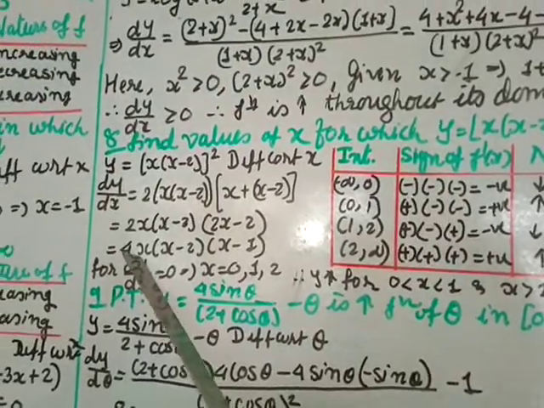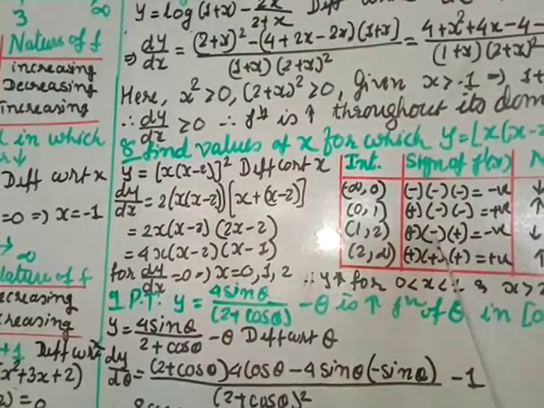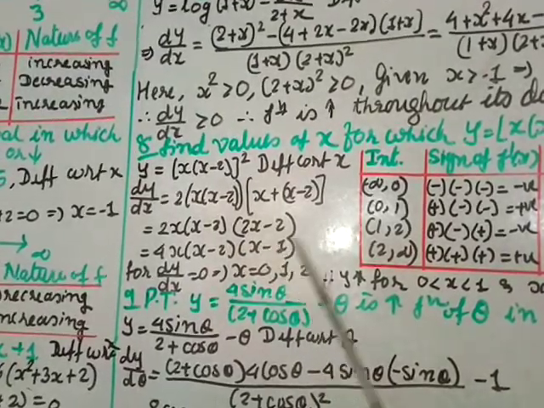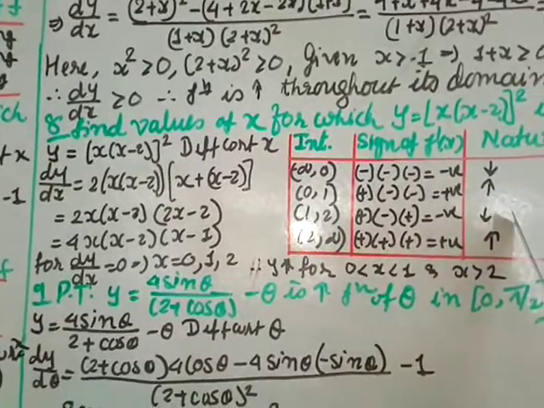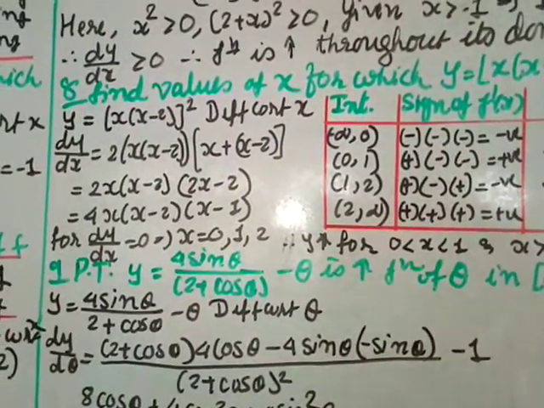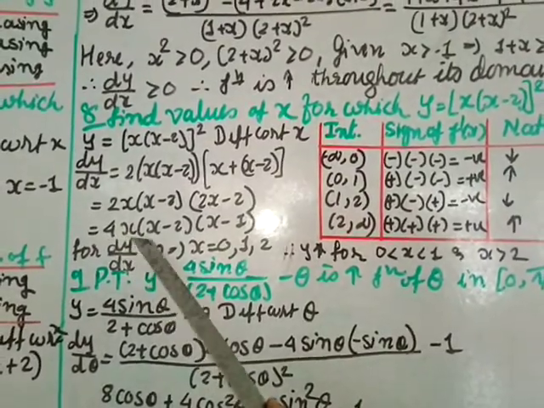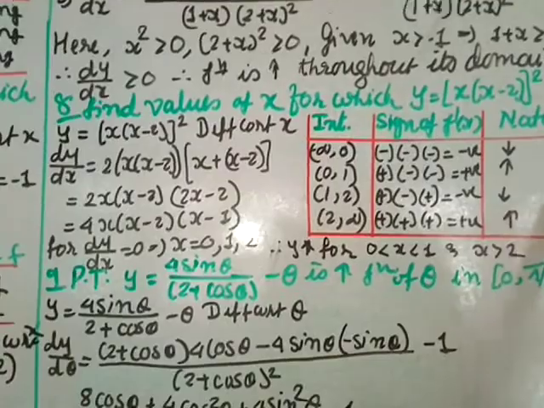Then from 1 to 2, you take 1.2 or 1.5. So 1.5, the first one is positive. If I take 1.5, 1.5 minus 2 is negative. 1.5 minus 1 is positive. So positive, positive into negative is negative, so the function is decreasing. Then from 2 to infinity, you take any number, take 3 for example. So this is positive, 3 minus 2 is positive, 3 minus 1 is positive, so positive, so it is increasing